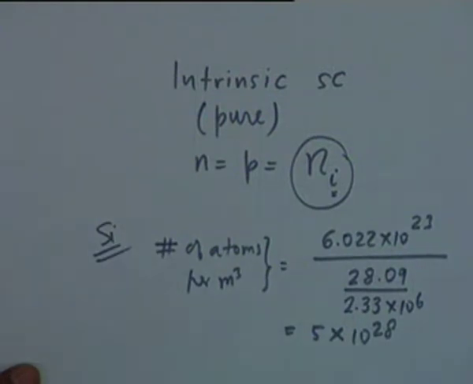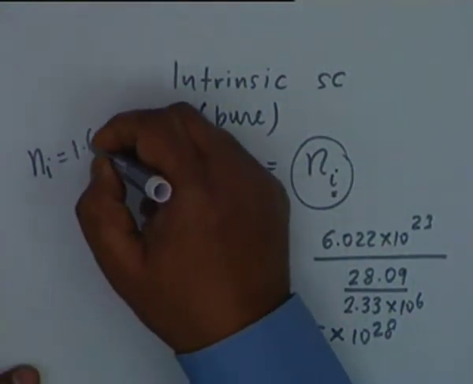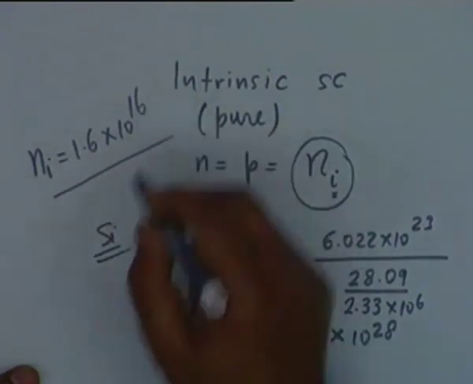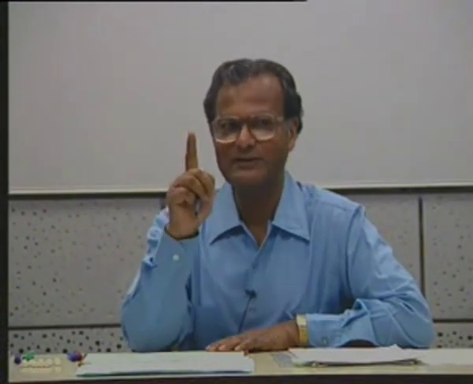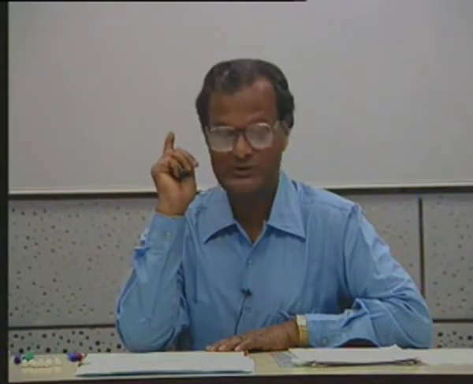I am sorry, it was not 21, it is 28. And Ni, that is the concentration of electrons in intrinsic silicon, is 1.6 times 10 to the 16. So for every 3.3 times 10 to the 12, what is 10 to the 12? Billion? Huh? Billion. All right. For every 3.3 times 10 to the 12 silicon atoms, you have one electron or one hole,